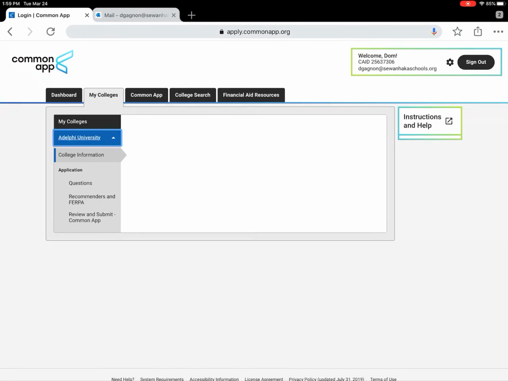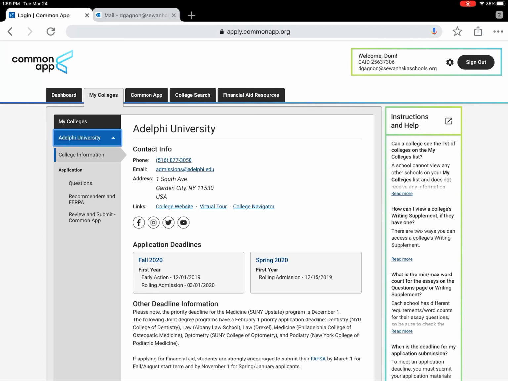Then I'm going to click on Adelphi University. So when you see the information, it's going to be posted again. But below it is another drop-down menu. It's going to have all college information about it. It's going to talk about the questions. So if you click on questions,